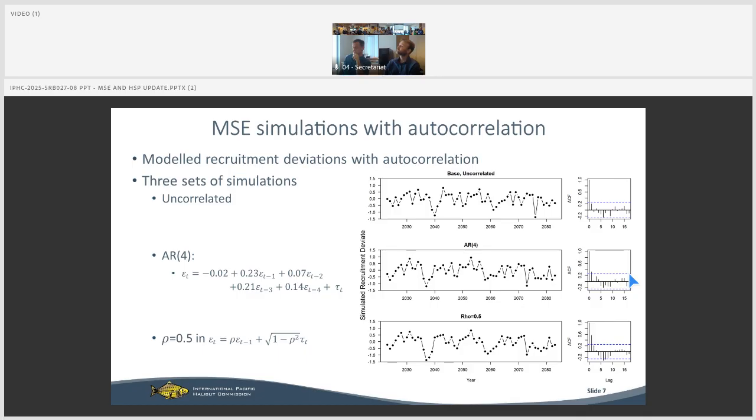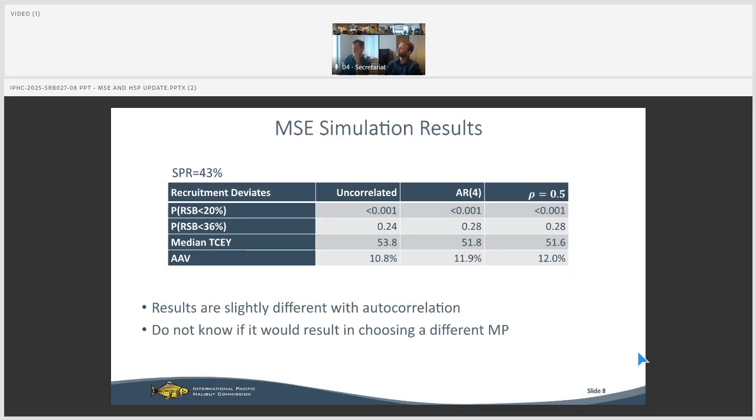And we just assumed an autocorrelation of 0.5. And you can see that set of deviates as well. And that the ACF plot shows that it does have an autocorrelation about 0.5. We ran those under one SPR value, and we get these results for the 4 sort of priority performance metrics